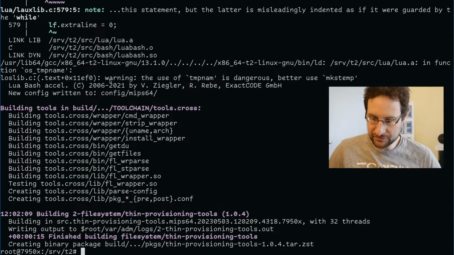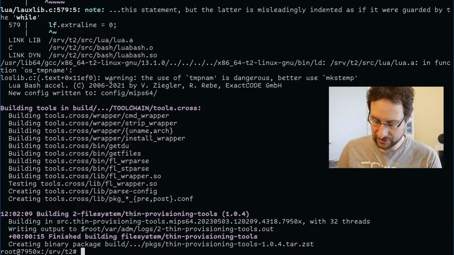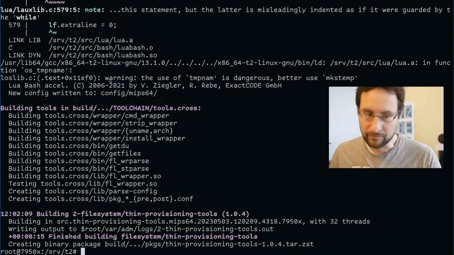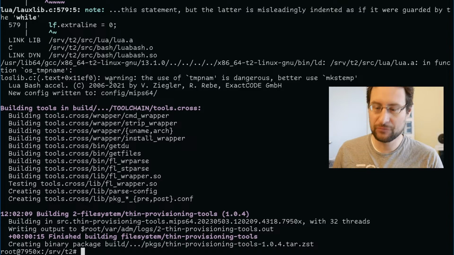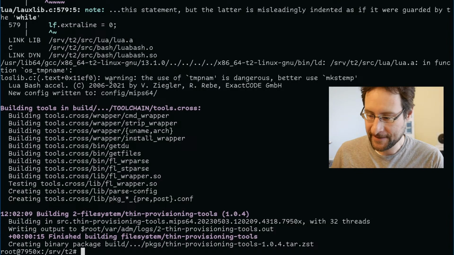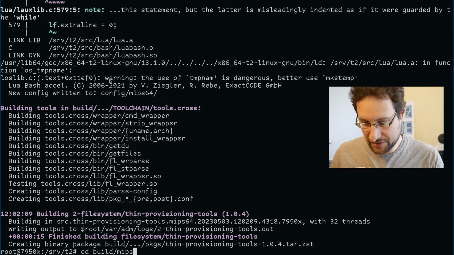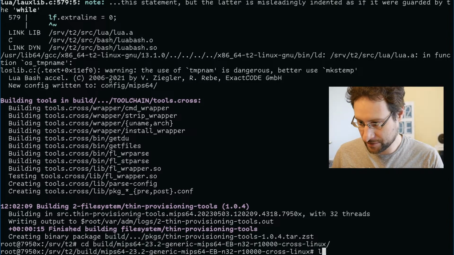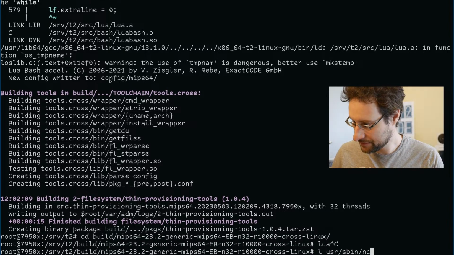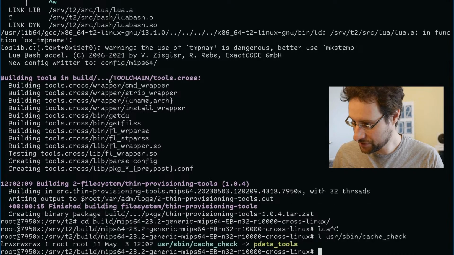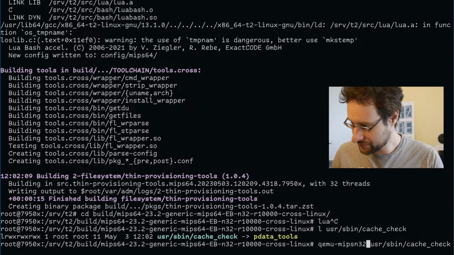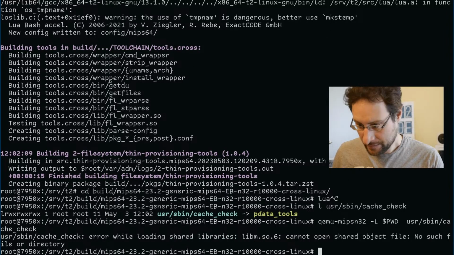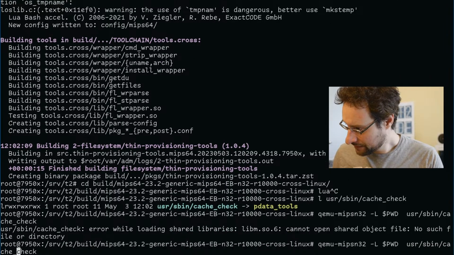Yeah, no idea what it was the first time, so then it looks like Rust is still being built. When we have proven that Rust Canadian cross compiles, we will do the other thing. So let's see, MIPS64 user sbin cache check. So how to run this is usually QEMU MIPS N32, I believe it was -L. And this is why I patched.